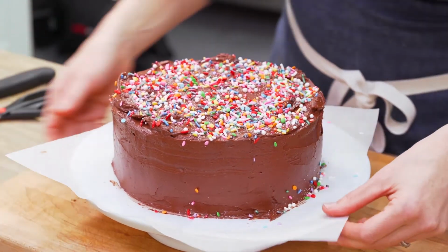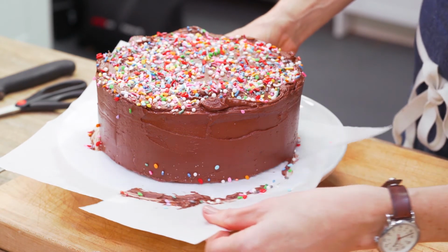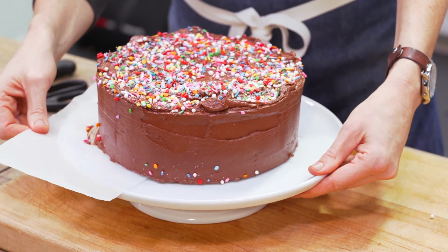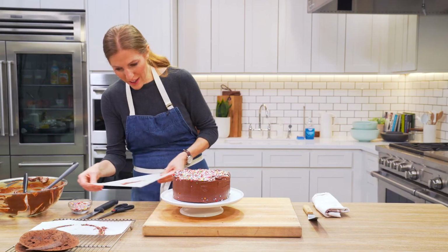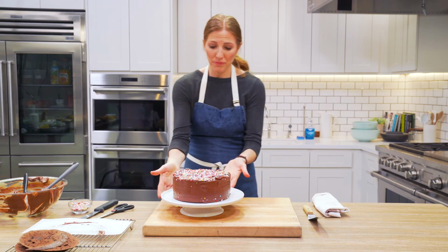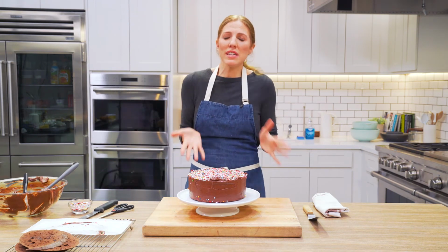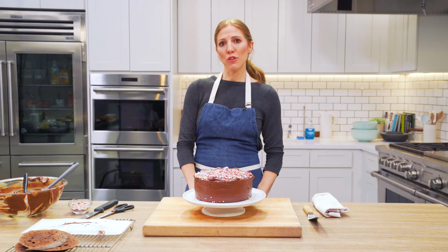Nice. There we go. Last one. Wiggle, wiggle, wiggle. Nice. And a pretty clean cake stand, if you ask me. So the only thing, I like to stick my cakes, especially after they're frosted, in the fridge for 5-10 minutes just to give everything a chance to marry. So I'm gonna pop this in the fridge, and we're gonna come back in a few minutes and have a